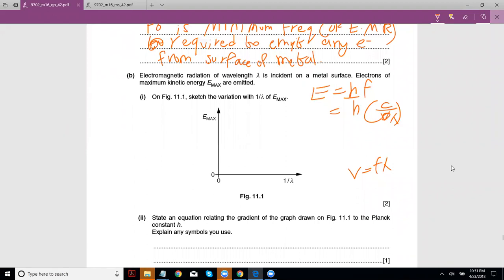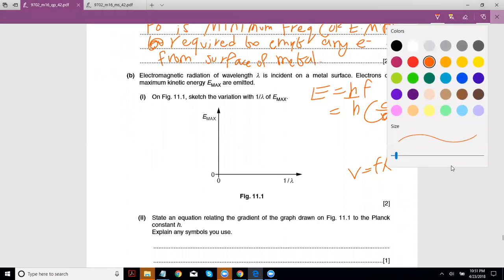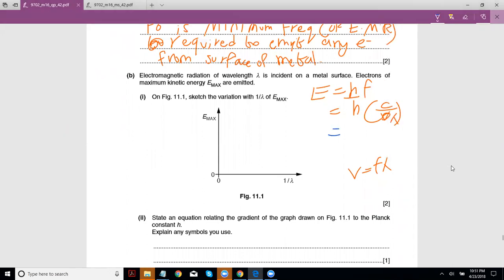Okay, so I think we're good now. What I'm trying to show here is that h and c are constants, c being the speed of electromagnetic radiation, and this is 1 upon lambda. So we can say the energy is proportional to 1 over lambda. So it should be a straight line. The thing to keep in mind is that it won't pass through the origin, because here this is kinetic energy,